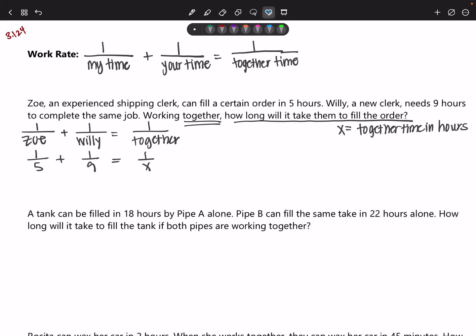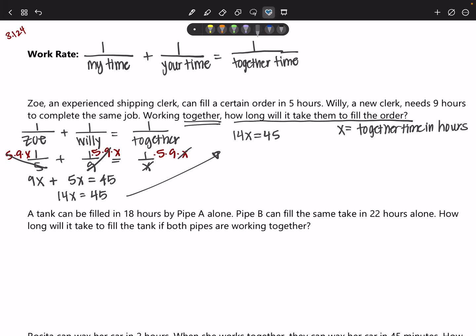I'm going to clear the fraction by multiplying by 5 times 9 times X. The 5s will cancel, leaving us 9X, plus the 9s cancel, and we get 5X, and that's equal to, the X's canceling, 45. So we have 14X equals 45. When I divide both sides by 14,